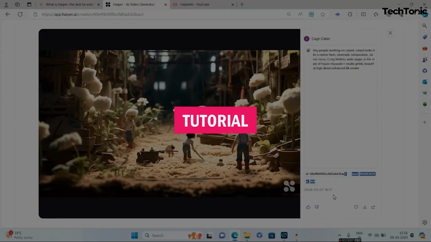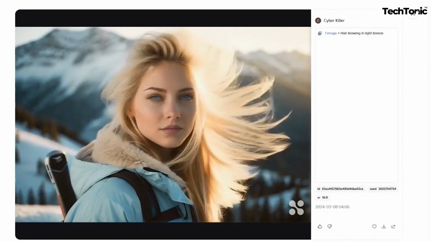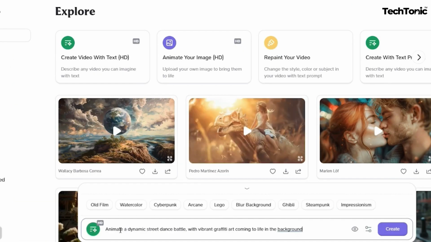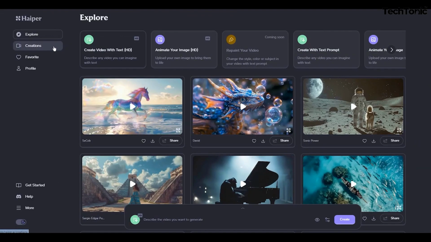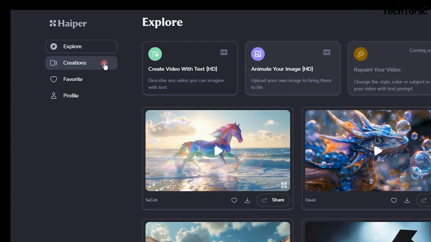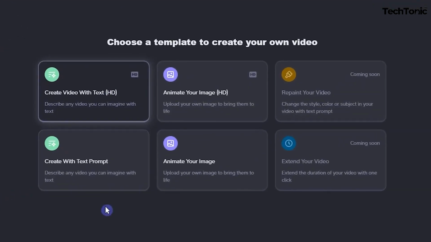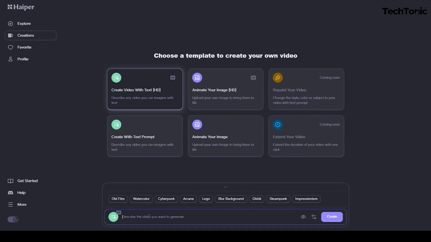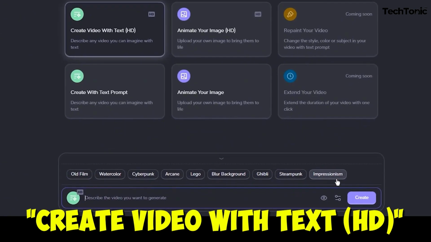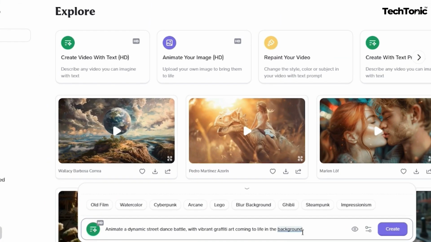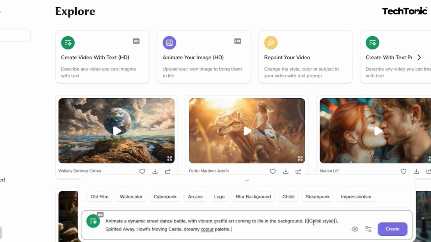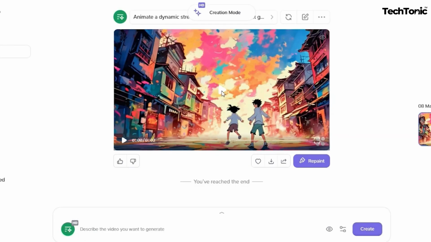Tutorial. Creating text-to-video prompts on the Haiper app is a breeze thanks to its user-friendly interface and efficient workflow. To get started, simply navigate to the Creations menu located on the left side of the web app interface. Once there, choose the option for creating a video with text prompts by selecting the Create Video with Text button. From here, you can input your desired text prompt and hit the Create button to kickstart the video generation